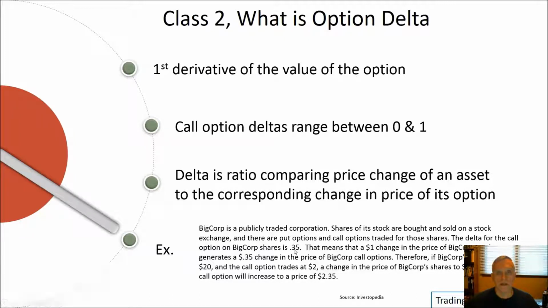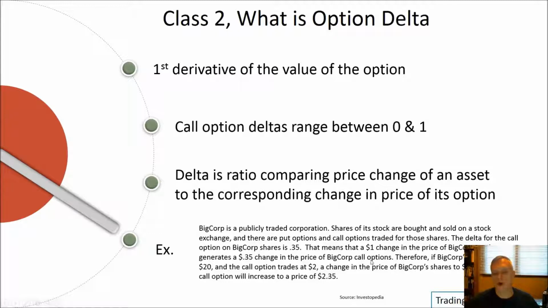So just keep in mind that the delta is 35. You guys hear me talk about I'm buying the 90 delta. Well, in this example, we're buying the 35 delta option, which is out of the money. That means a $1 change in the price of Big Corp stock generates a 35-cent change in the price of